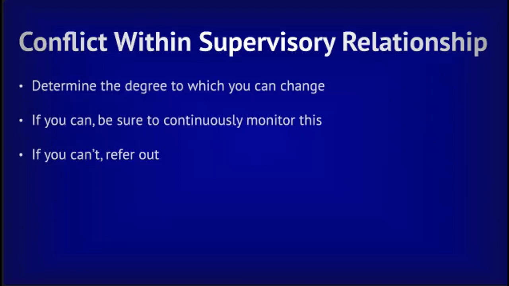And continuously monitor things that may rub you the wrong way about your supervisee, to make sure that you actually are letting go and not letting it result in any implicit or explicit bias towards that supervisee because you have these personality differences or whatever that is. Because just because someone says that they're not going to let something bother them doesn't mean that that's actually going to happen in terms of their behavior, or not lead to underlying tension between you and the supervisee.